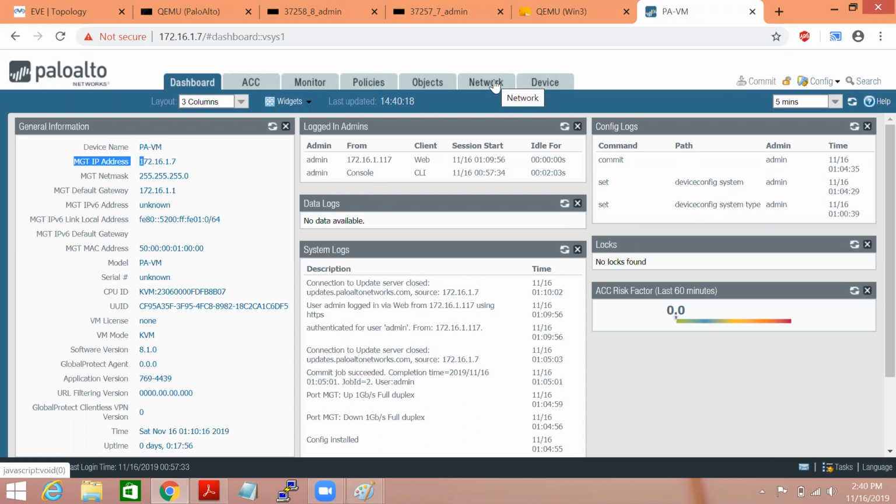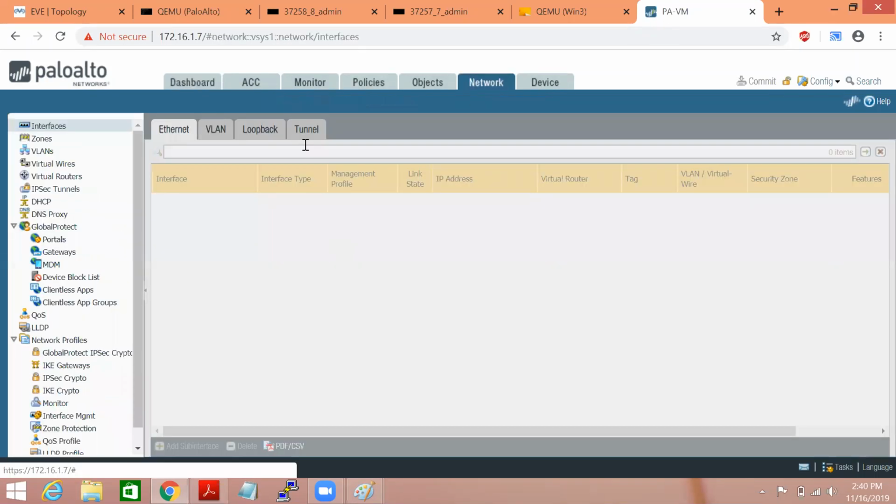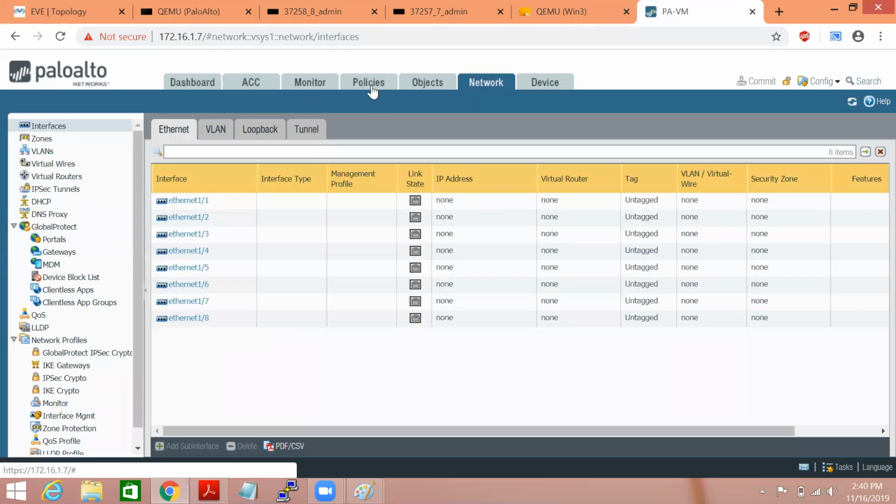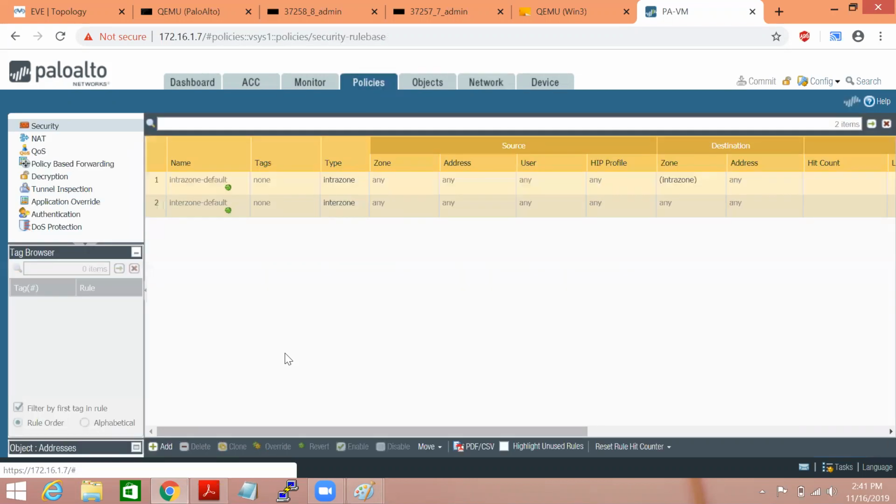In order to configure interfaces, we'll have to select this Network section. But before starting any interface configuration, I will show you the default policies for intrazone and interzone. To check the default policies for interzone and intrazone, we'll have to click on Policies. So you can check the intrazone default policy.